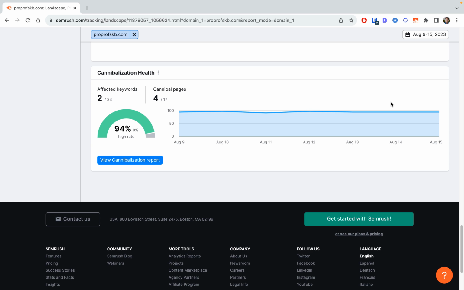Serpstat has features maybe more for individuals, right? But honestly, I think it's great, and it gives you this history over time, last 7 days, 30 days, 1 year, all time. But I still prefer SEMrush's position tracking more. I like the user interface better. I like the dashboards. I just like the